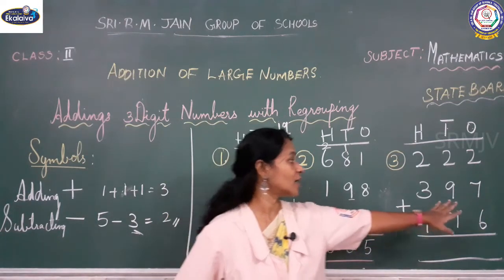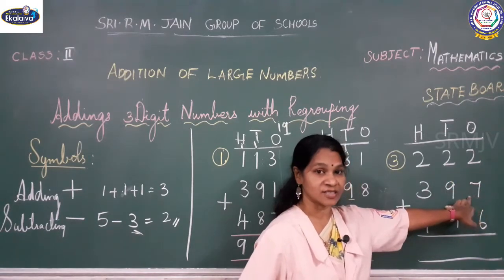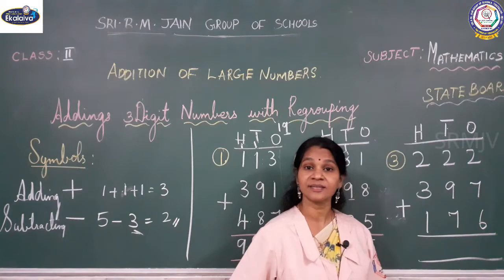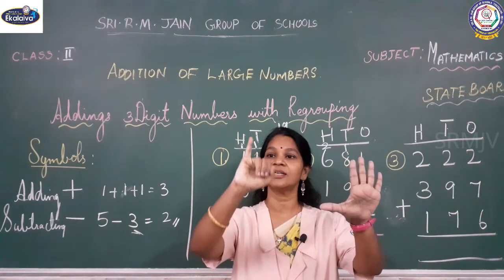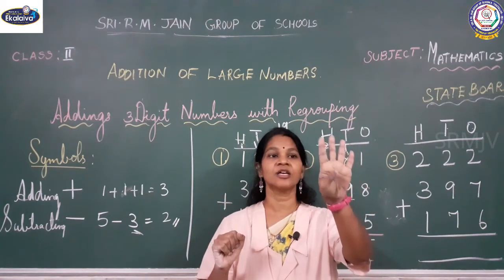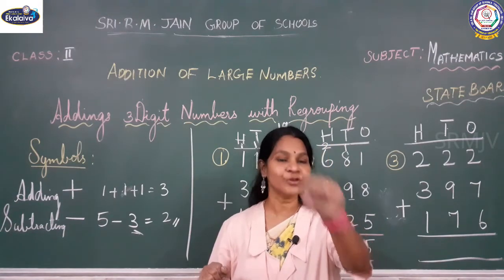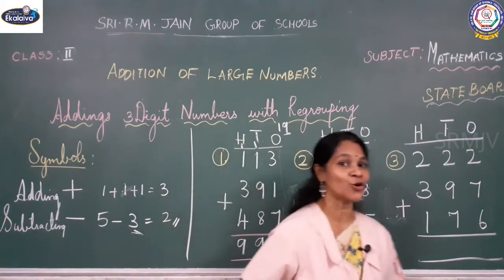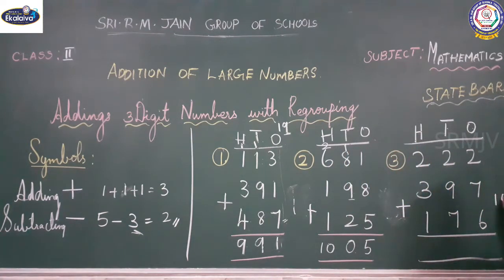Very good. 9. And then what number is this? 6. Yes. 2 plus 7 is 9. Then 9 plus 6. See, 9 in the mind, 6 on the finger. 9 after 10, 11, 12, 13, 14 and 15. Yes, 15. Now you know what number we have to write in this ones place. What number? Yes, 5. And this 1 will go to this tens place.